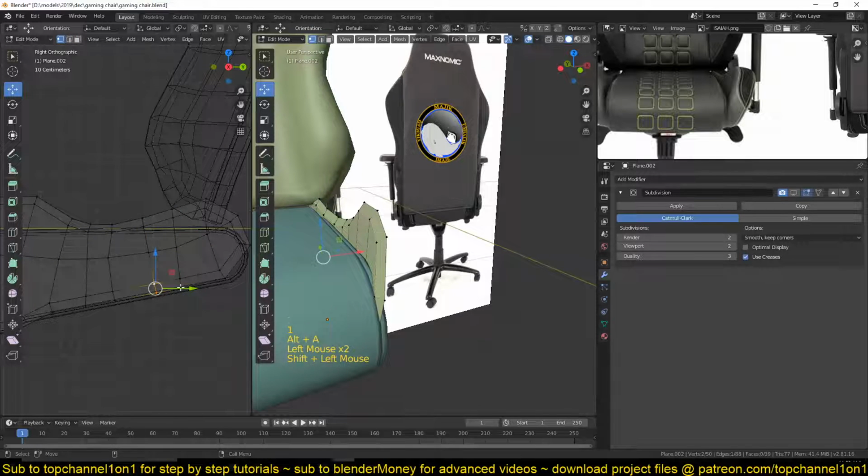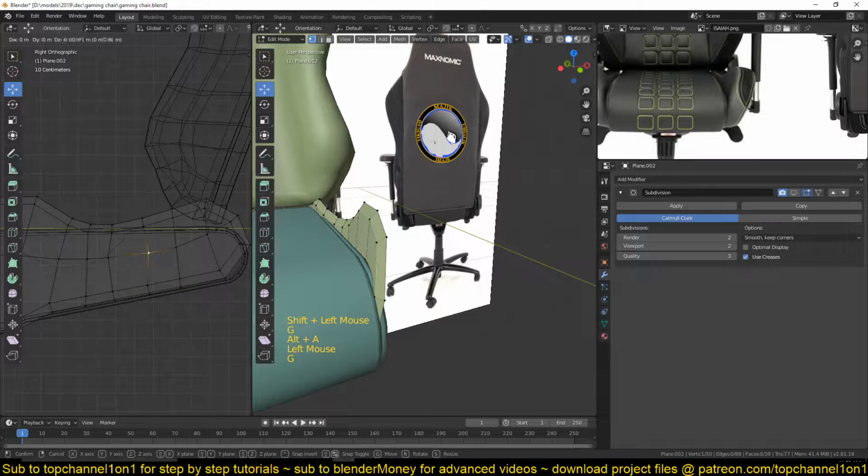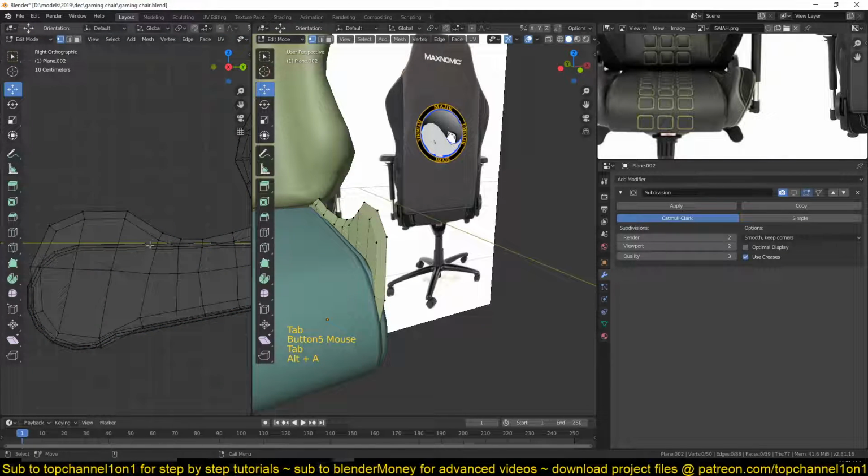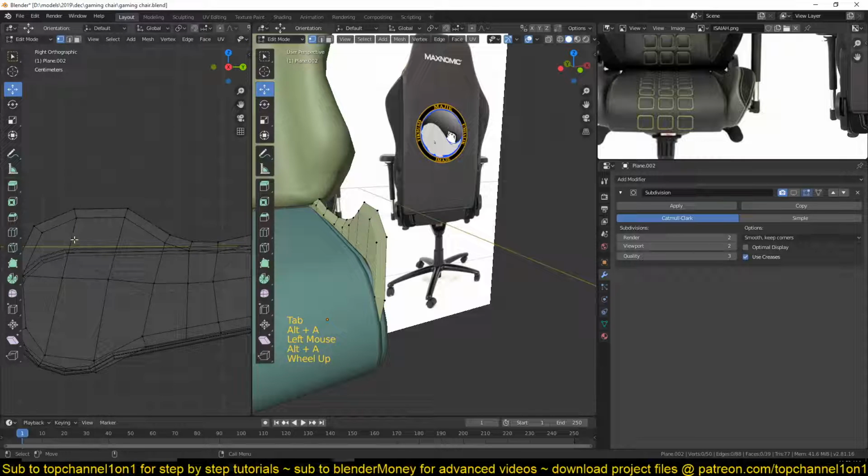Maybe even slide these just a bit, and I think we can have these connected to this and